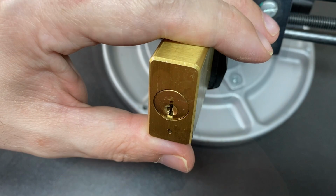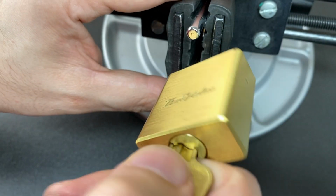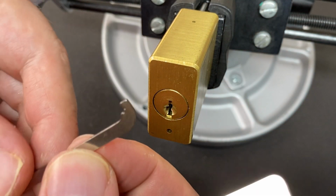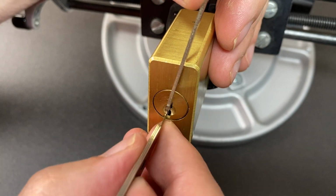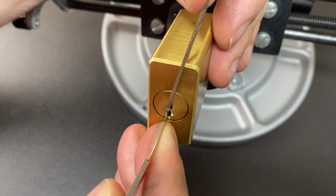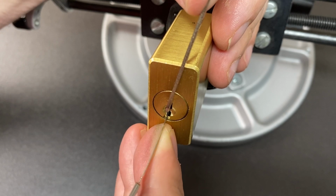Tough little lock, that. I fancy something a little less tricky, so I'm going to go with this really nice brass padlock. Loads of spools in this. Not particularly challenging, but again, an American lock style keyway, and I fancy using this Deforest diamond. I rarely use them, and I don't know why, because they are really good at this sort of keyway and